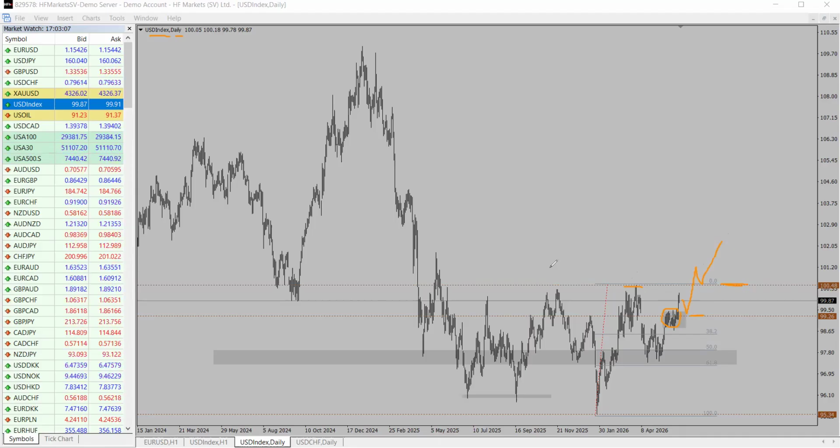Now, don't forget, we are supposed to be following price. So as price followers, even if price decides to go back down, even to 98 or even to 96, just follow price. Simple. We also talked about the Fibonacci retracement here, where we said price had got into this area of 50, 61.8. Looking to the left, you see the areas of resistance, support, and you can see more support,